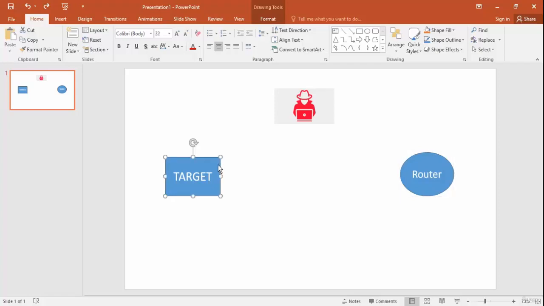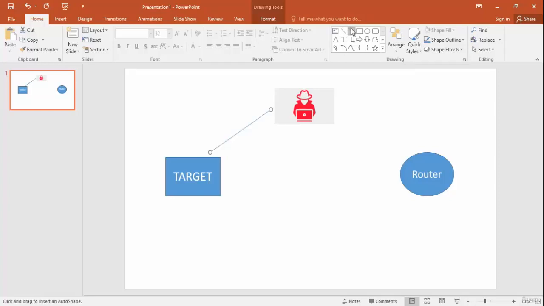So the target is communicating with the router in order to access the internet and other resources. Now we are here, right, running Kali Linux. So we told our target that hey, I am your router, okay? So in order to access resources you have to send requests to me,